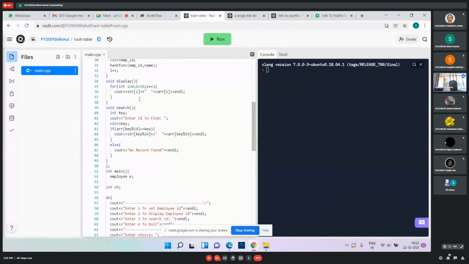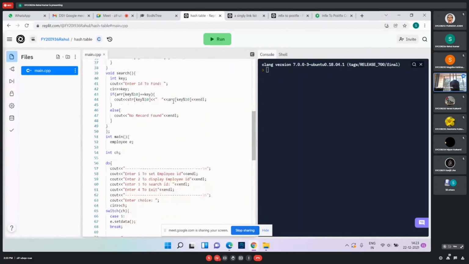So I am interested in that. Assignment number 1 is based on hash table, right? Where is this particular concept used in your program? So in this we have used it for storing the information of the employee. Okay. How many records you have created? How many records you are taking for this? How many entries you are doing? Just run this program.